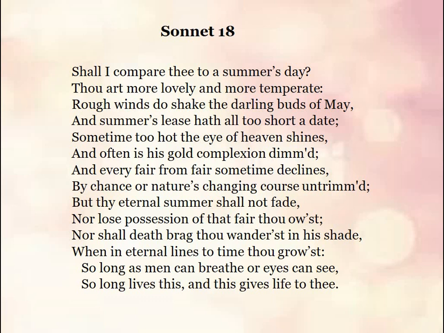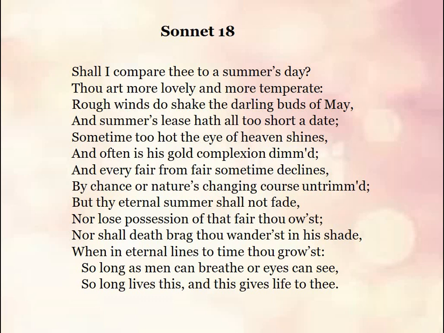He just makes a comparison and he says that, like a superlative degree, you are the best one. You are the most handsome young man. When we compare your beauty with summer, you are the best. Like that, he just personifies and adores the beauty of his beloved. But thy eternal summer shall not fade. He calls the beauty of his beloved an eternal summer.